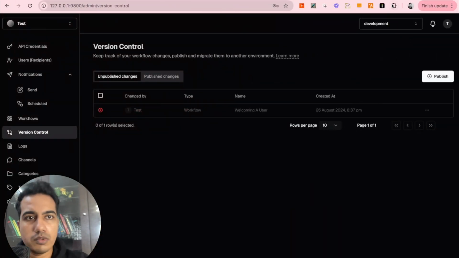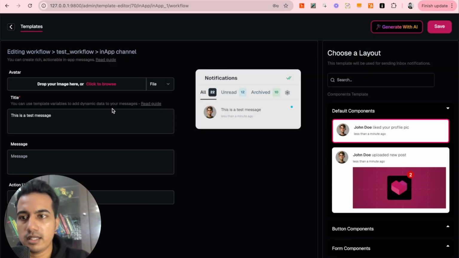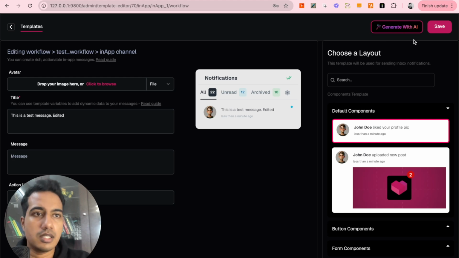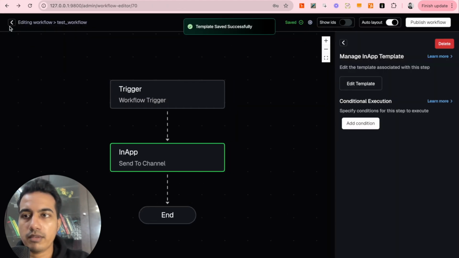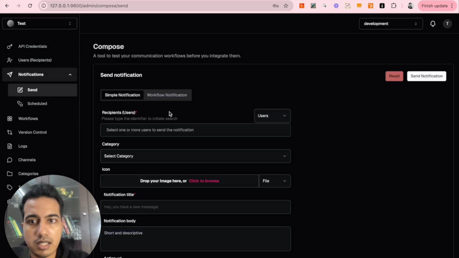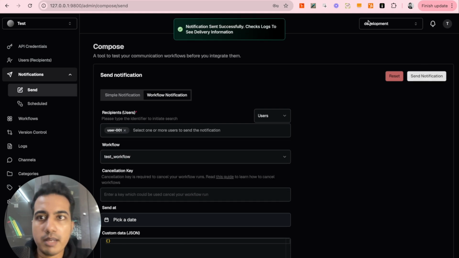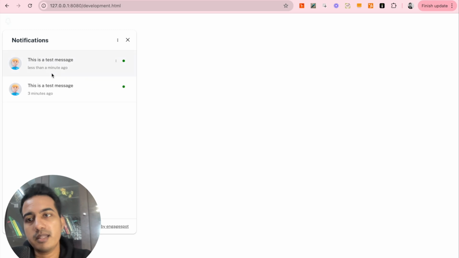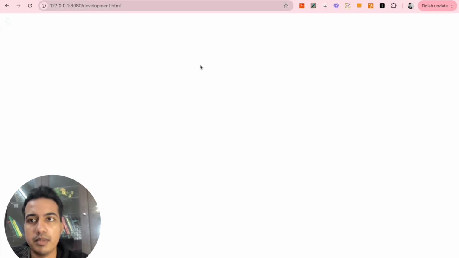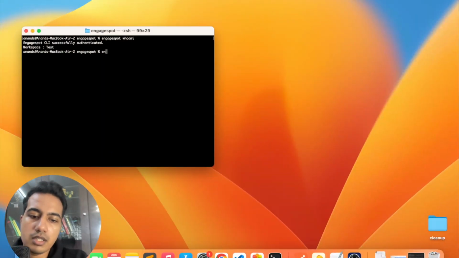Now go back to the development environment and make some edits to the test workflow. Let's change the content of this in-app message. Edited and click save. Now the workflow has been saved but has not been published. That means if you send the test workflow now, you won't be able to see the changes. You will still get the previous message because the changes has not been published in the development environment. Now we can see here, if you type this command